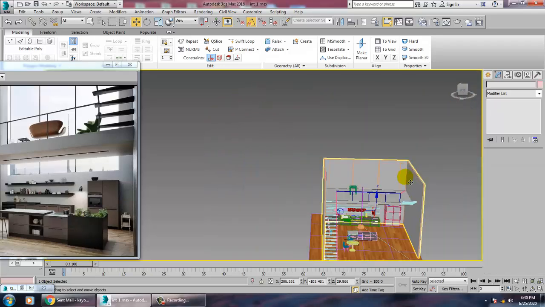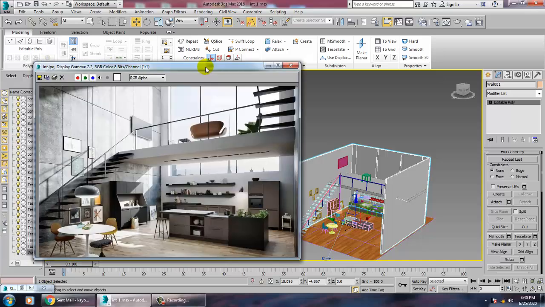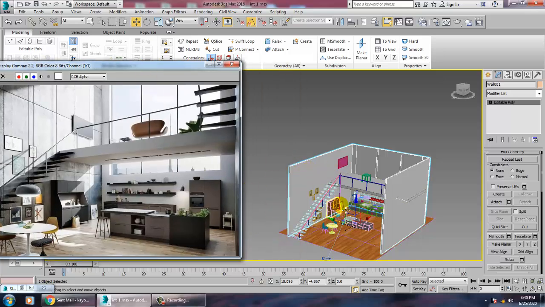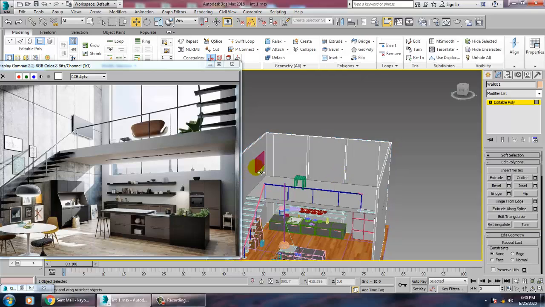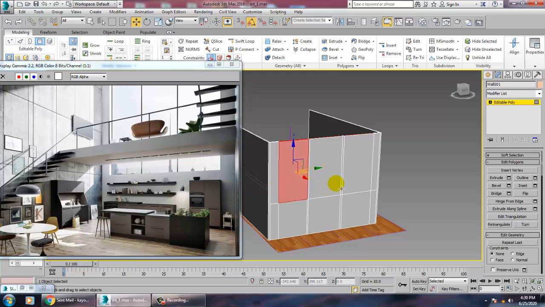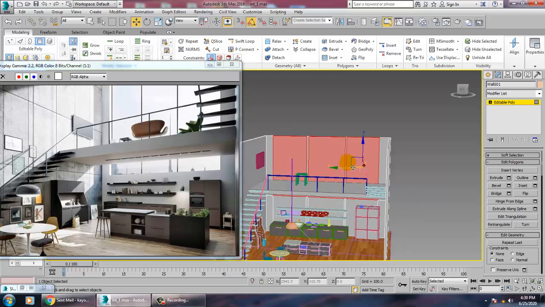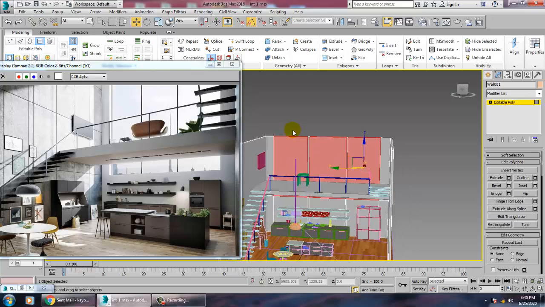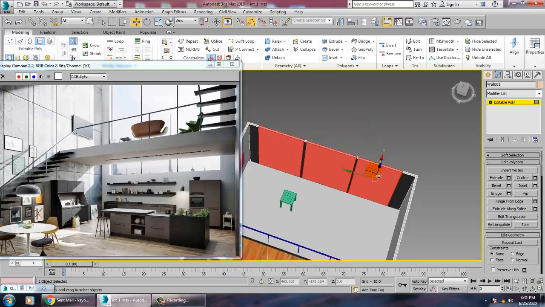So we also need to give a color to the wall. What I'm going to do over here is, first we are just going to assign a color, then we'll take this into different polygons. So before giving a color over here, I'm just going to select this all over here because this would be a part of the window. So I'm going to select this. So select the top part.